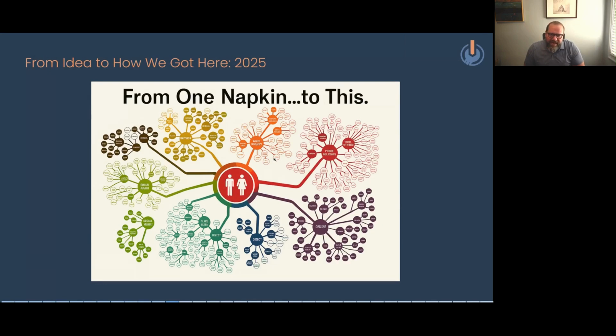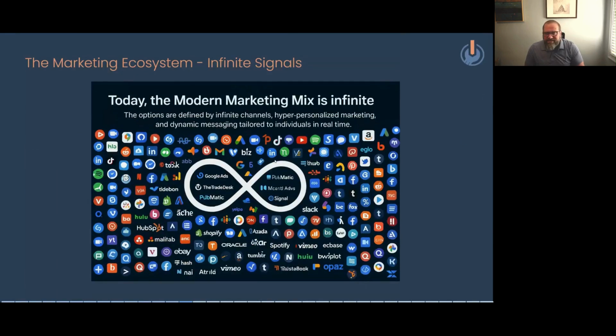And that little one napkin eventually just turns into entire nodes of technologies that are making all types of different information surrounding us. So the interesting thing about that is, one, we're starting to get and develop... Yes, there's a lot of mess. There's an infinite number of tools, technologies, and possibilities out there. But again, how does that help me